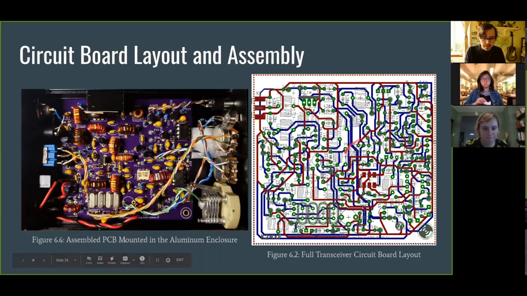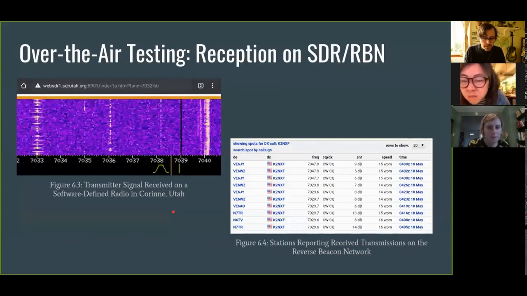You can do these. EagleCAD's a free software. You can make your own layouts and then send them off to OSH Park to get this produced at their fab house. So then we did all the assembly there, mounted it in this nice aluminum enclosure, and then did some over-the-air testing. So this is pretty cool because here I was transmitting on 7.038 in Portland, and then I